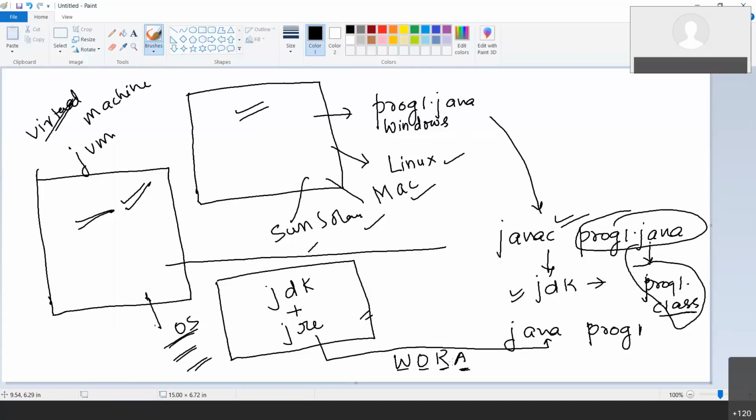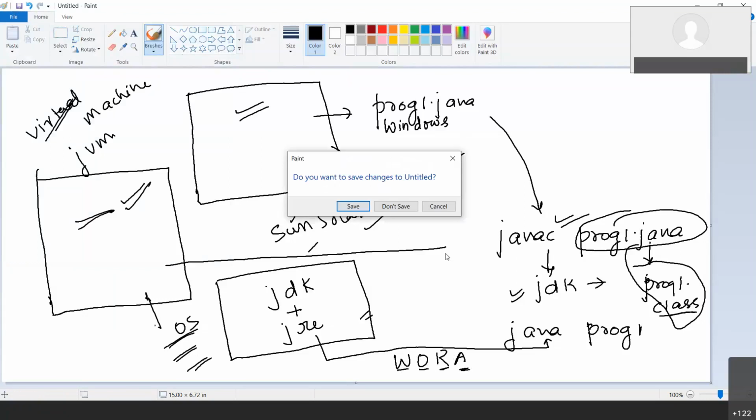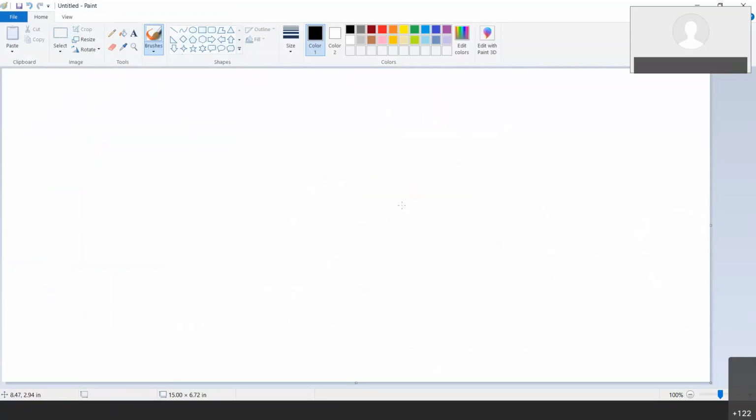So let me tell you in short, what is the philosophy of Java? The philosophy of Java is something like this. Your development machine could be anything and your runtime machine could be anything.